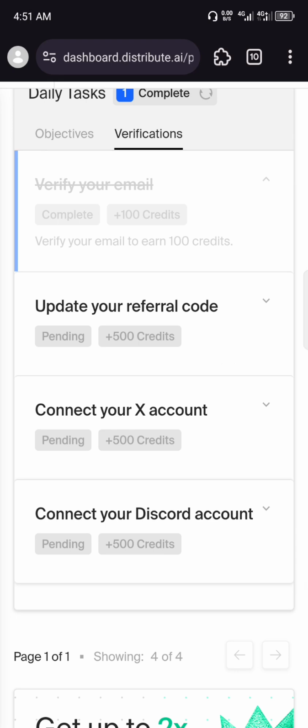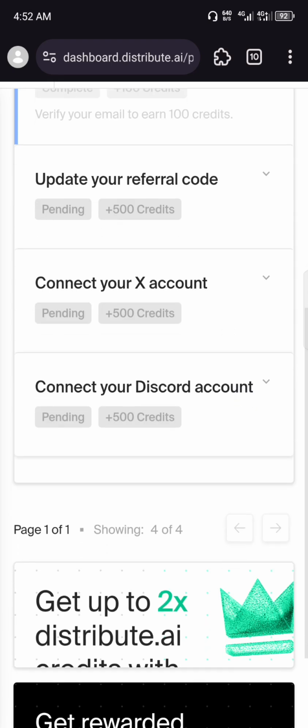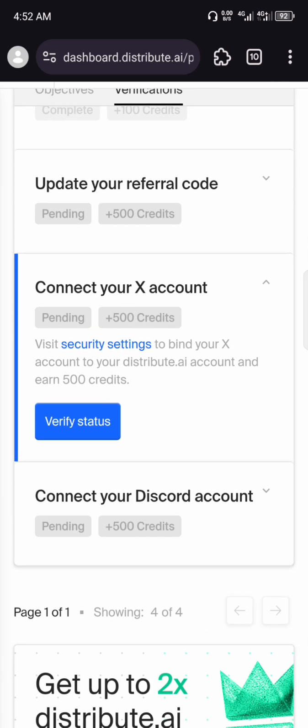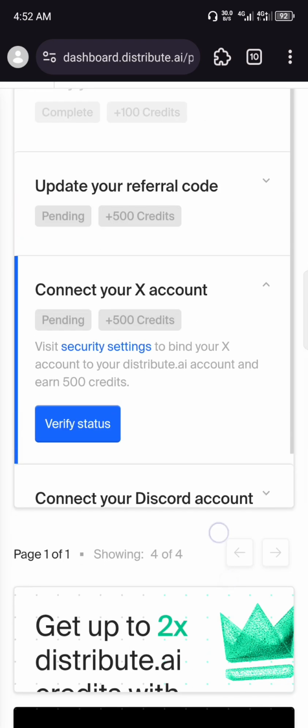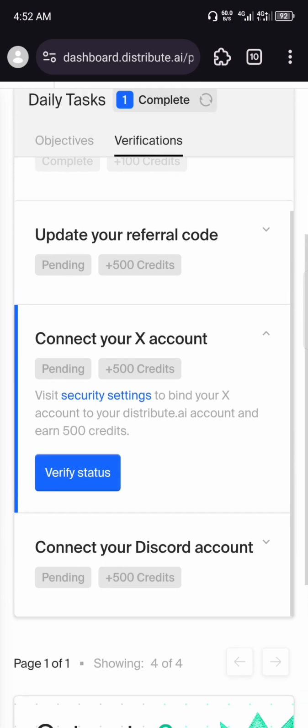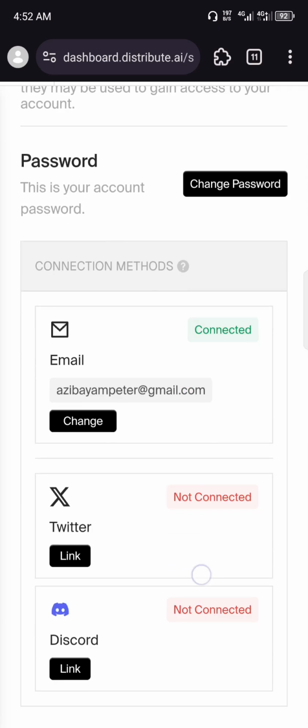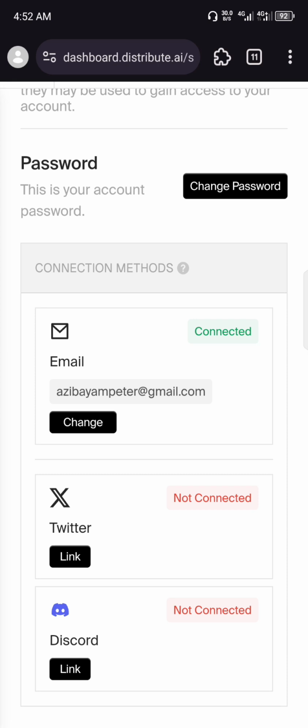By doing that, we've earned an extra 100 points by just completing that task. Now, you update your referral code right here, and you connect your X account. They are asking you to go to the security page, or security settings, in order for you to bind your X account and get 500 credits. So in order for us to do that, we can simply tap on this link right here, and it will take us to the security page. The security page is also where you get to bind things like your Discord account. You bind your Discord. So all you have to do is just tap on link,